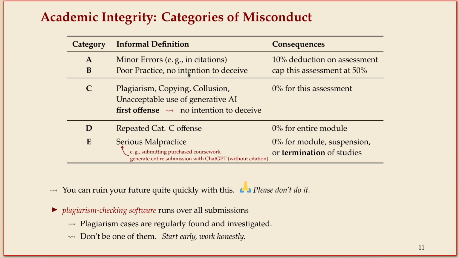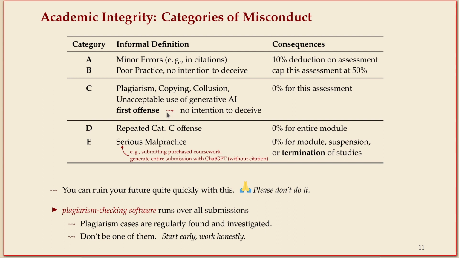If you didn't properly cite something, but there's no intention to deceive recognizable, it might still not have harsh consequences, but people might already decide to cap that assessment at the pass mark, which can cost you a lot of percentages for a relatively small thing. The more serious cases are C and below. So C is